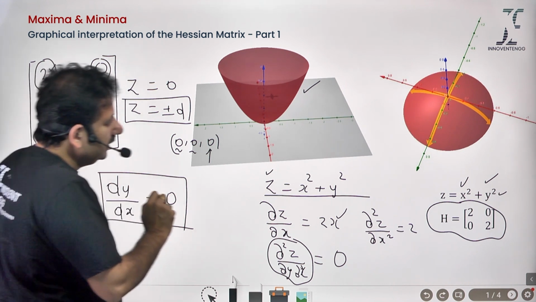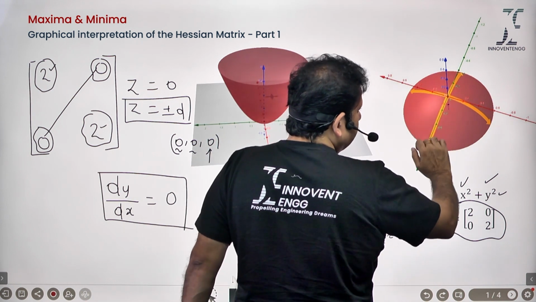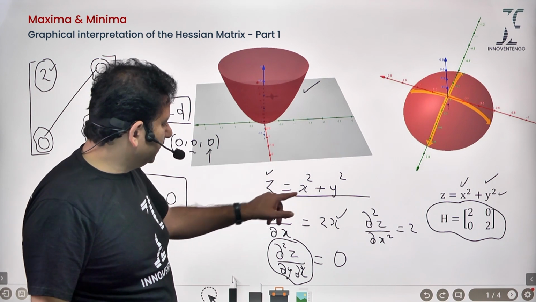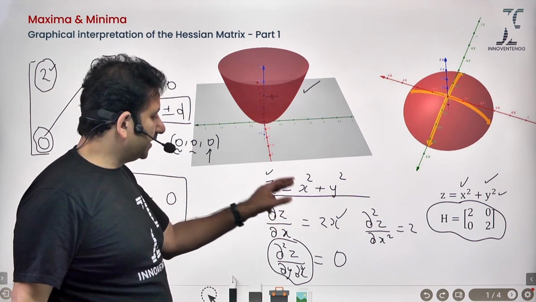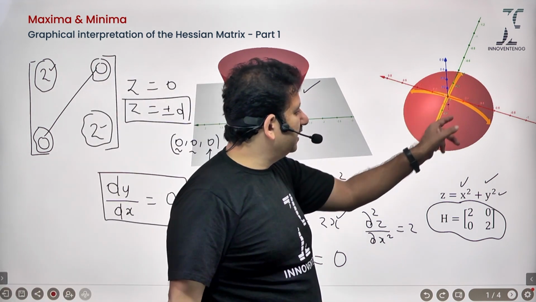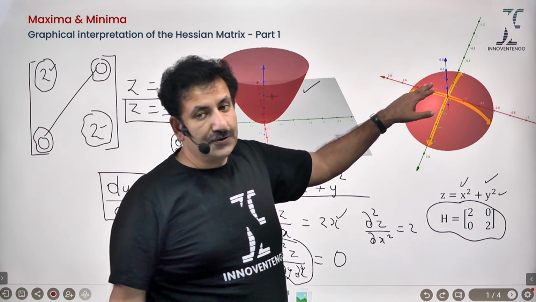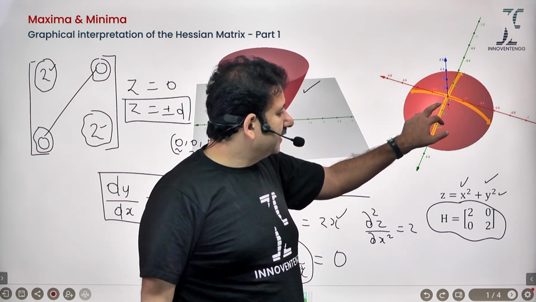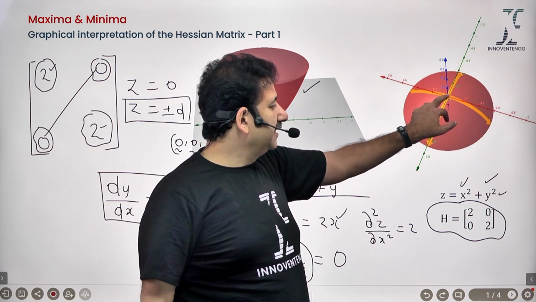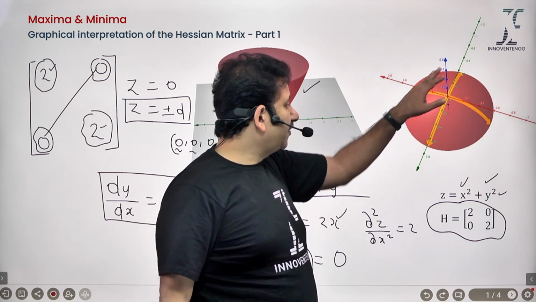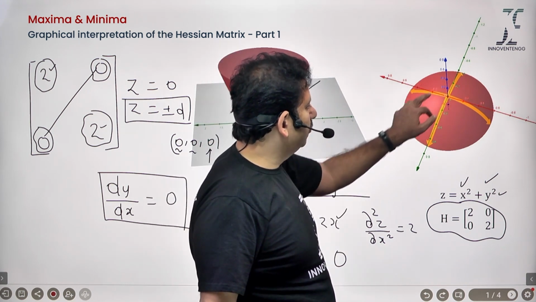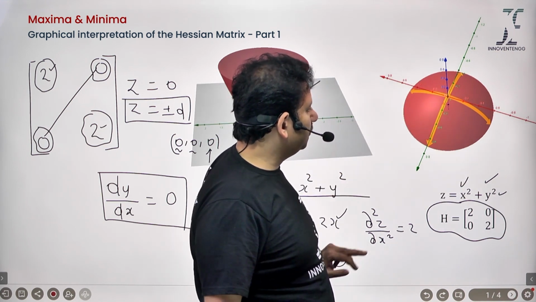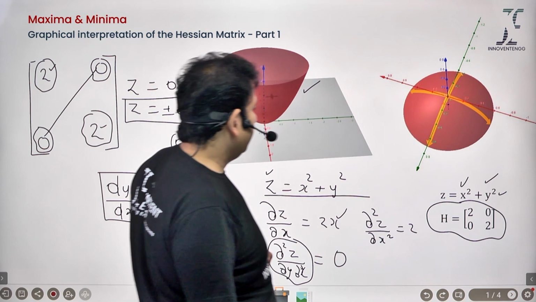That means the curvature directions coincide with the x and y axes, because you seek curvature in each direction. There are two independent variables, x and y, and in each direction you seek the curvature, and the curvature direction, mind you, is always given by a tangent drawn at the point where you are seeking the minimum or maximum. Here we are seeking the global minimum, and if I draw a tangent, that would actually coincide with the x-axis, and if I draw a tangent in this direction, that would coincide with the y-axis. So therefore the